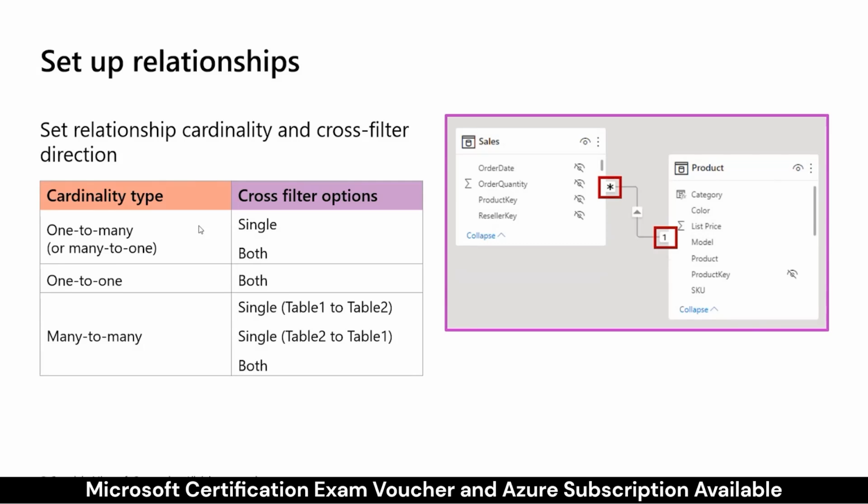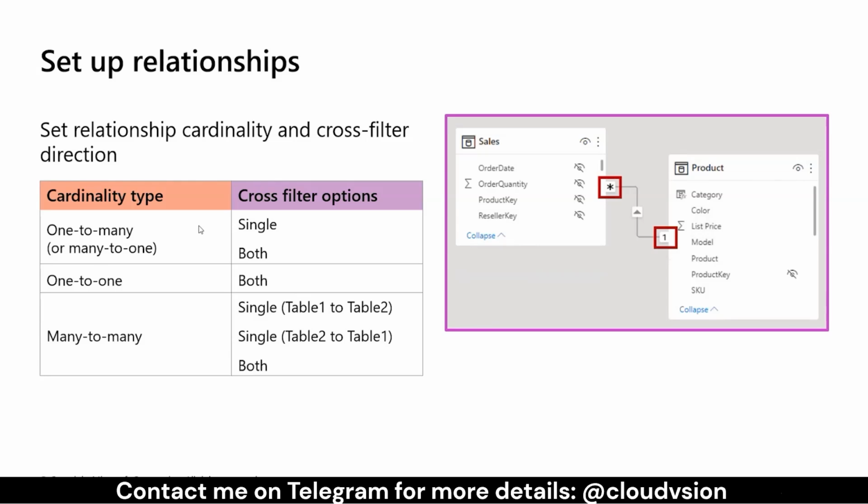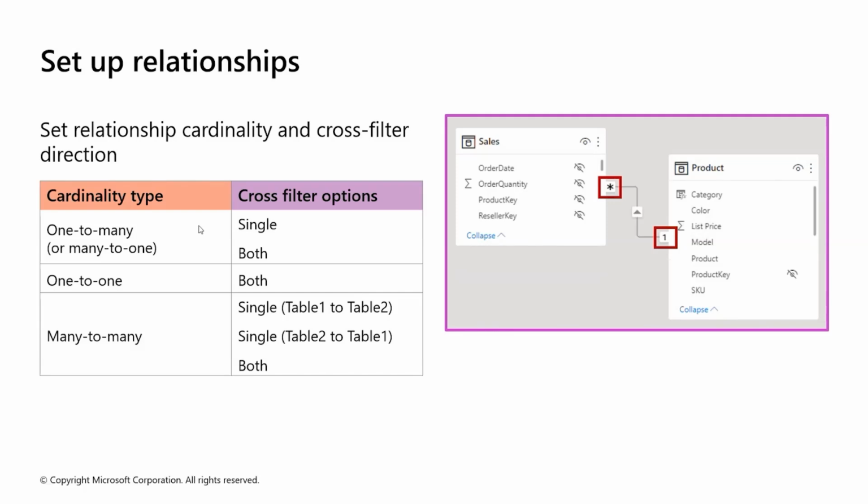So we write it as star and one. Then one to one, so it is like one colon one, and then we have many to many. For that we just put the colon. Okay. Now in Power BI Desktop model view, we can interpret a relationship's cardinality type by looking at the indicator